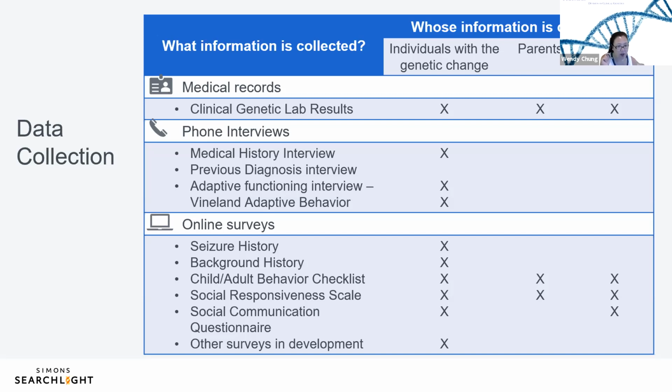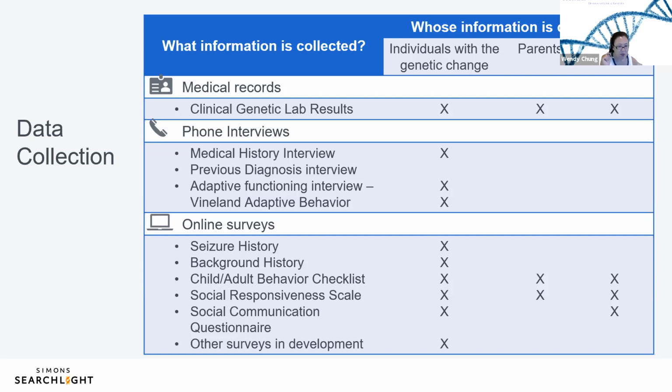This is called the Vineland Adaptive Behavioral Scale, and allows us to see how your child is progressing developmentally. And that's a standardized scale so that we can compare children around the world and also be able to evaluate how they're doing by their age. In addition to that, there are certain